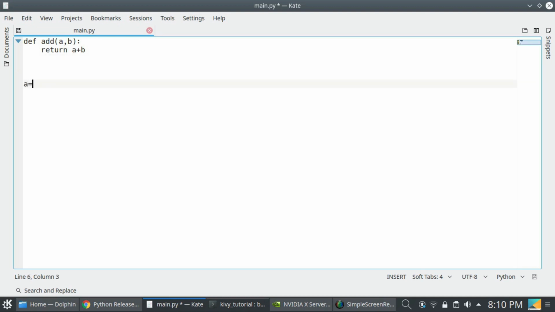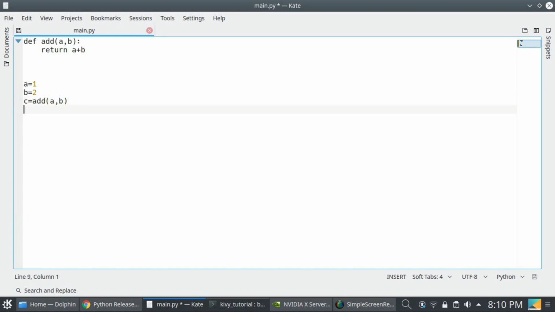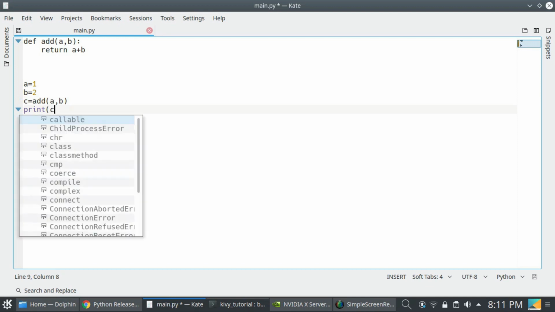Now I am setting a equal to 1, b equal to 2, and c equal to add, calling this function and passing the a comma b values, print c.